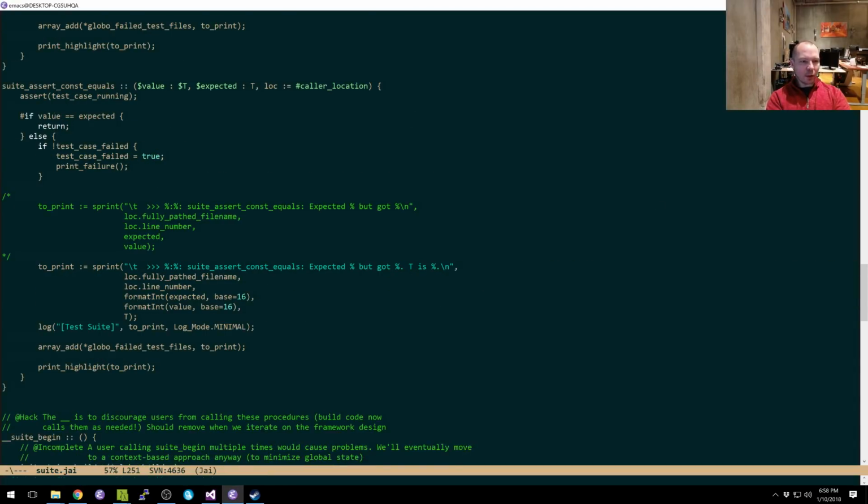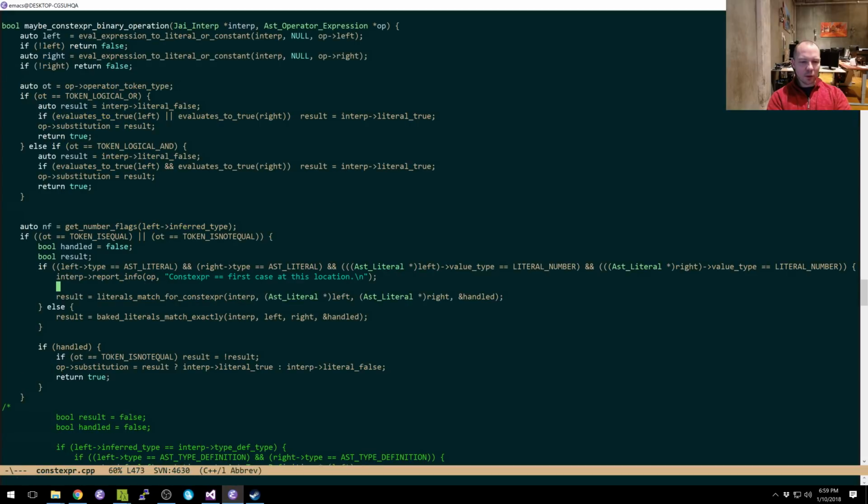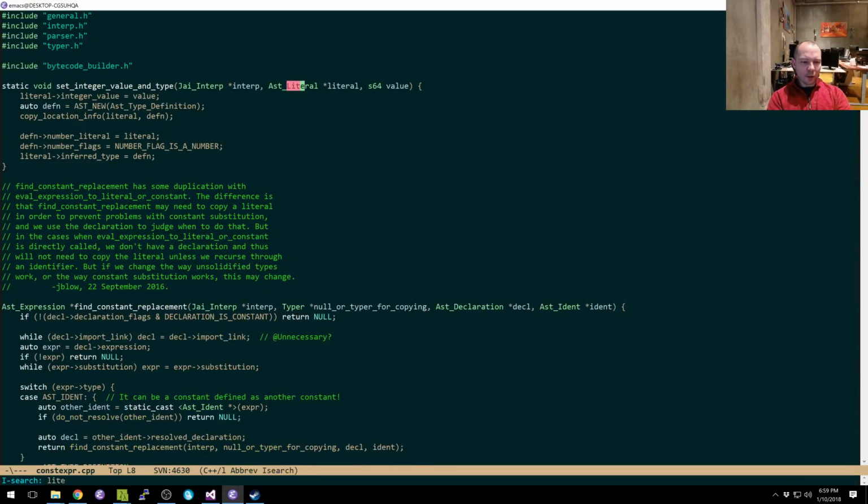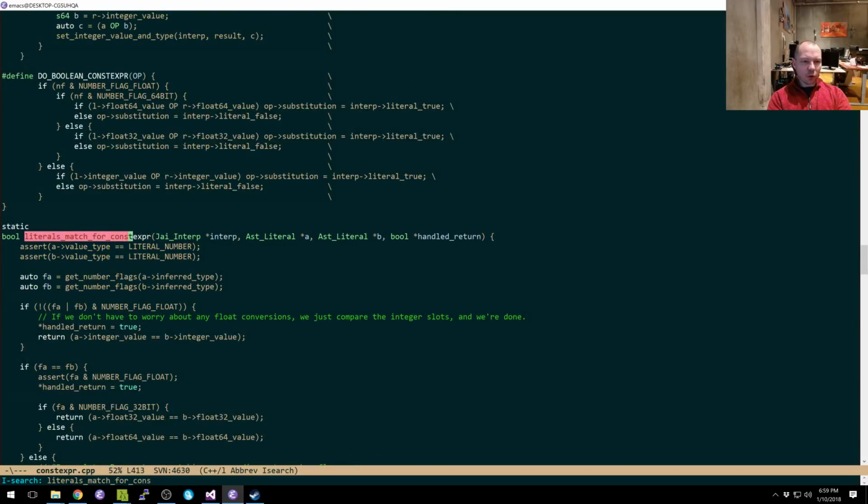So in suite, that should be at line 247. Yes, it is. All right, so this is exactly as we want. So we call literals match for constexpr. And we're going to say